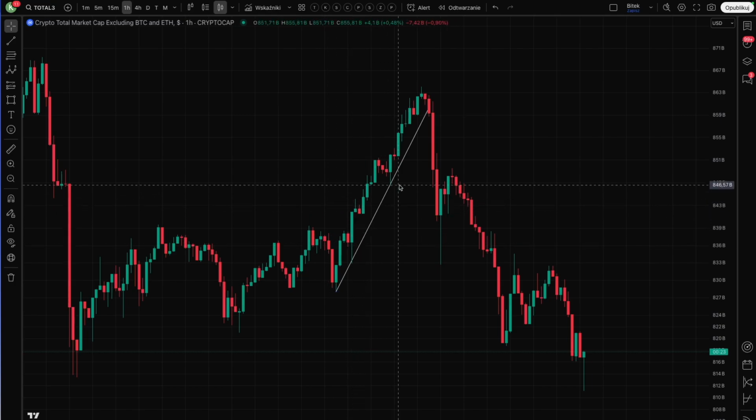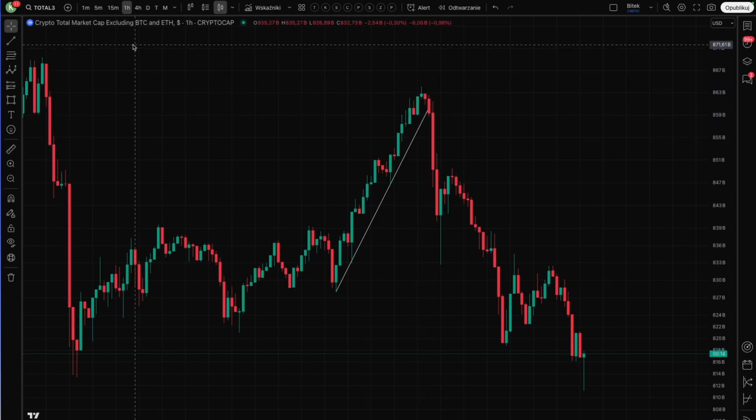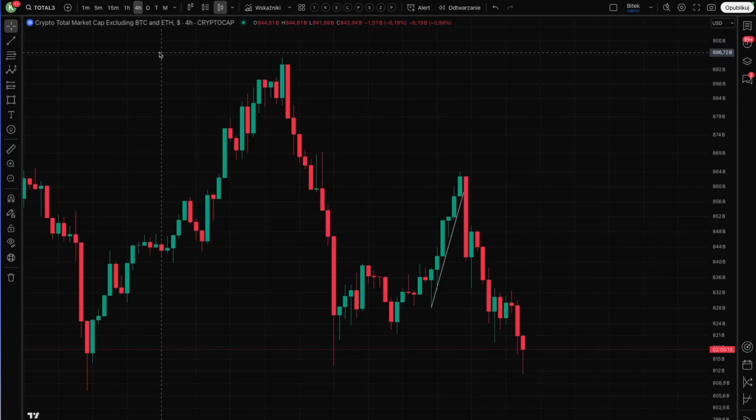Let's say we want to take action here. The best thing to do is to step 2 timeframes higher. So we switch to the 4-hour chart, and suddenly it all becomes clear. We can see the bigger picture and avoid derailing ourselves. So remember this one simple thing. Jump 2 timeframes higher, check where you are, what's going on, and you might just save yourself from a whole